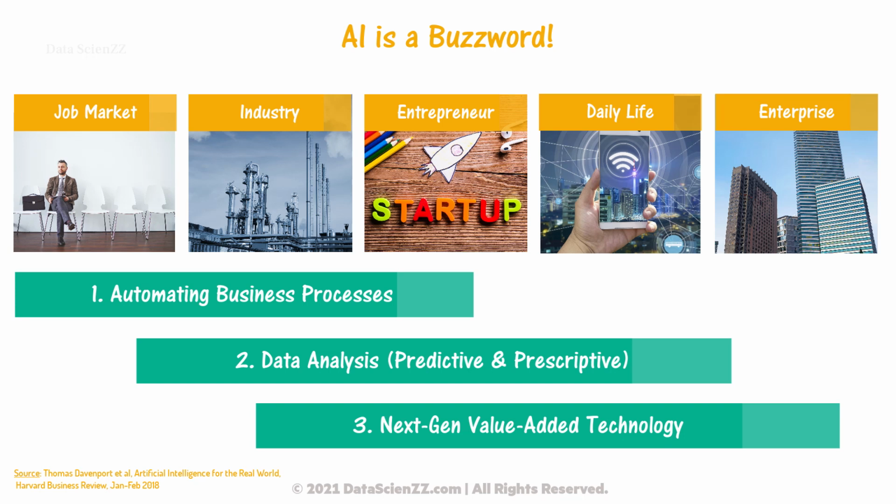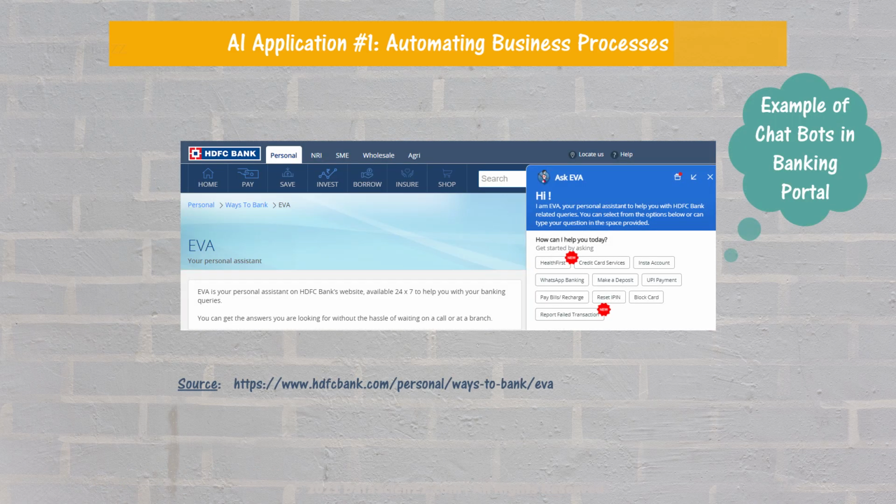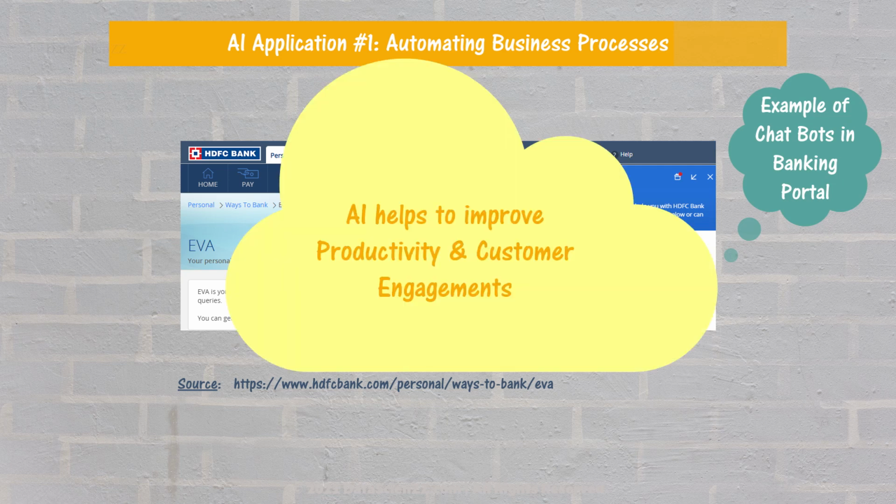Let's see a few examples. I'm sure you must have seen chatbots in any banking portal. The bots can automatically handle your queries quite efficiently and with reasonable accuracy. They can update your address, change phone numbers, block your lost credit card, read data from email, and handle basic levels of queries. In many cases, they also help you resolve password and login issues, document verification, and updating records in all systems. These are examples where AI helps to automate business processes, support back-office productivity, and improve